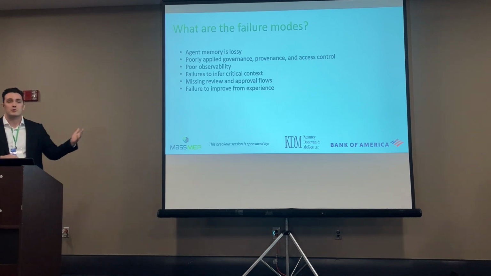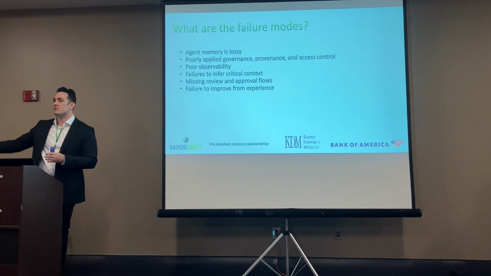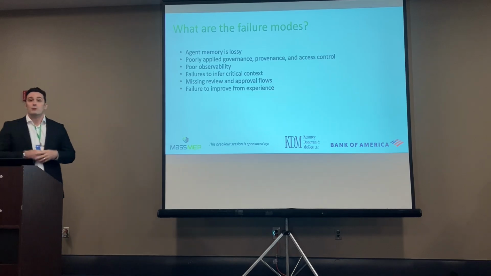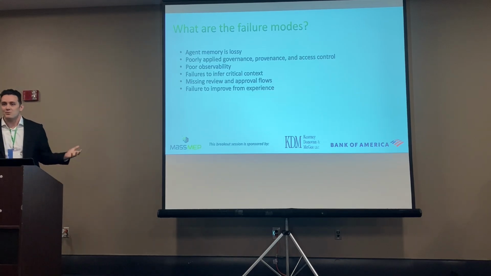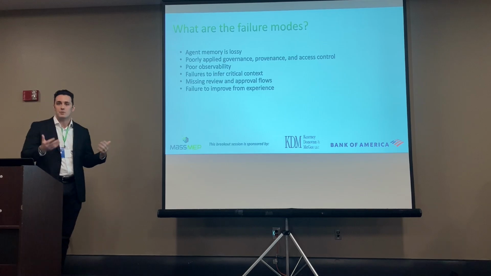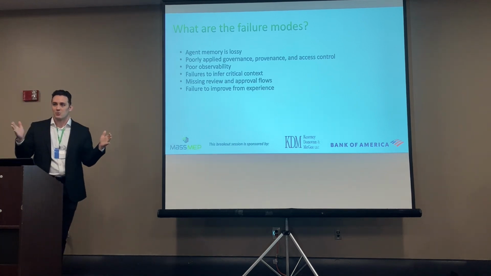Again, missing review and approval flows. So let's say we build a system and we have an agent that's kind of writing emails on our behalf and sending them out to suppliers to follow up with them, or customers to let them know that there's a price change that they need to be aware of. And we want to review all these emails, but depending on the interface we actually implement for this, it might just be purely information overload, and it'll become more of a pain than a benefit to review these emails. And we'll kind of stop reviewing them, we'll let garbage go out by accident just because we're not paying enough attention, simply because our actual interface to that data was poorly constructed, right?